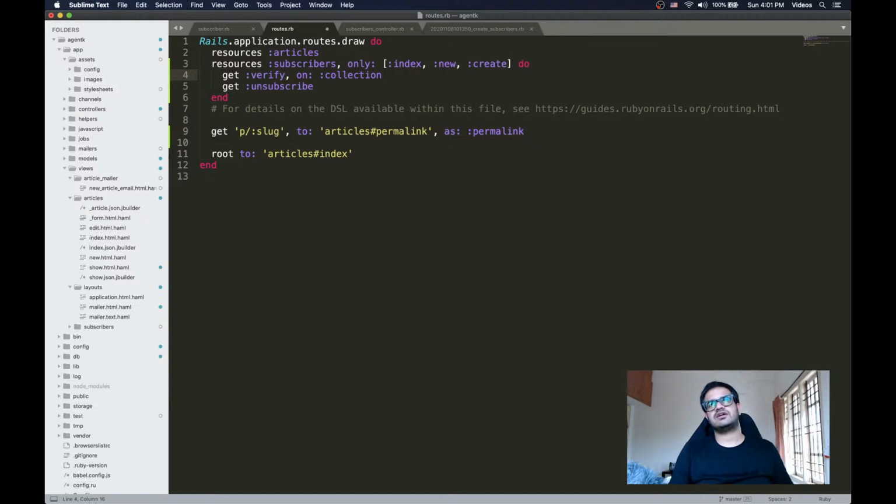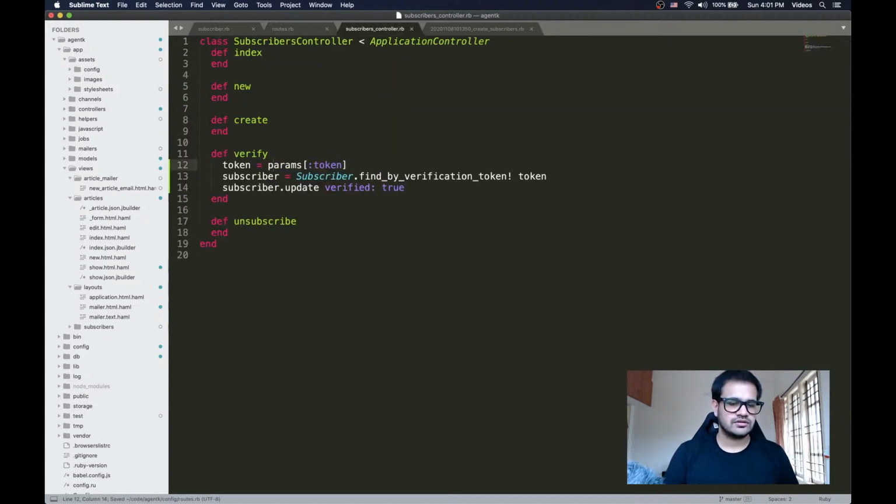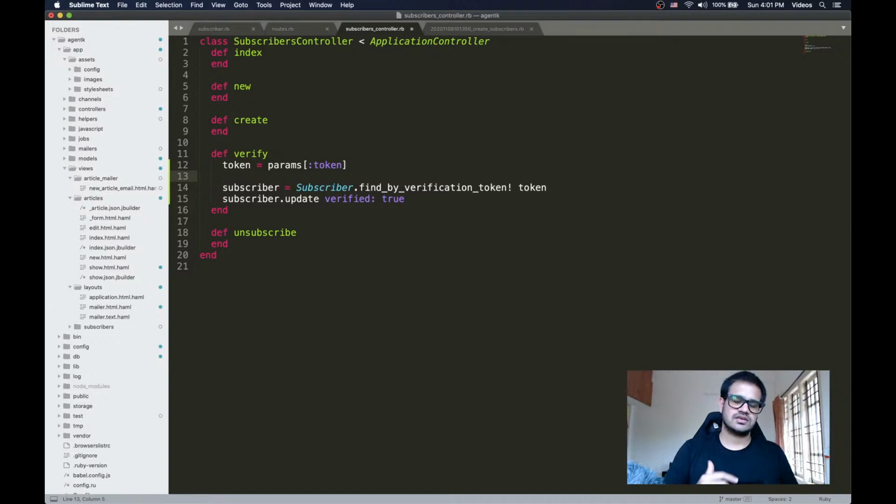Actually not on collection. Why should it be on collection? Interesting. So we can have one more thing as a precaution here. We can be like email is equal to params